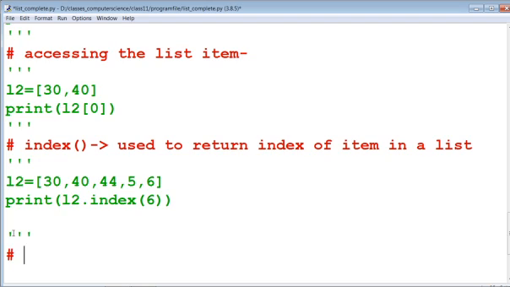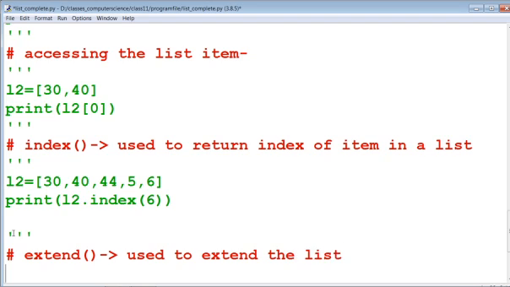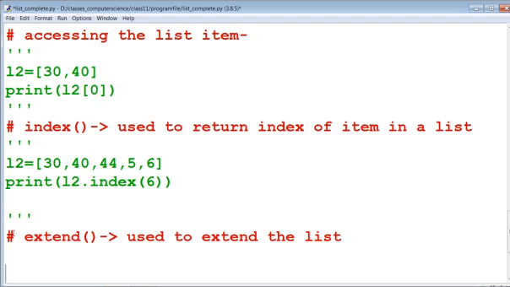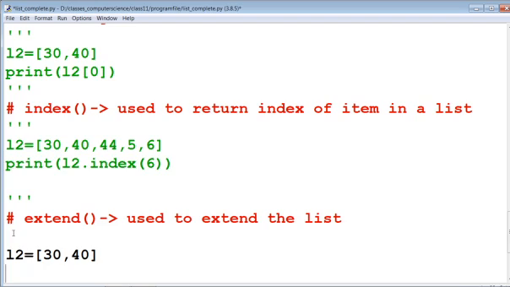Now our next method is the extend method. The extend method is used to extend the list. Now we can see that, suppose that we have written L2, now L3 equal to 1, 2, 3, 4, 5, 6.